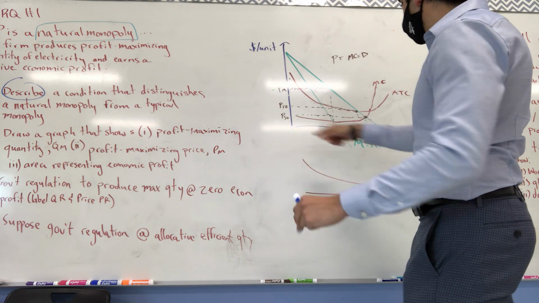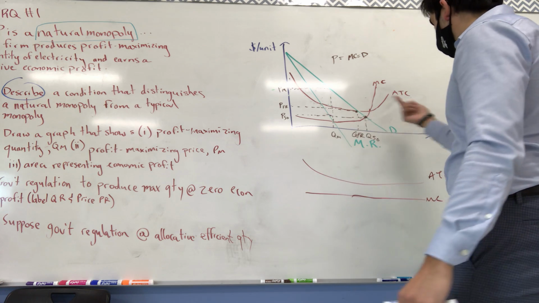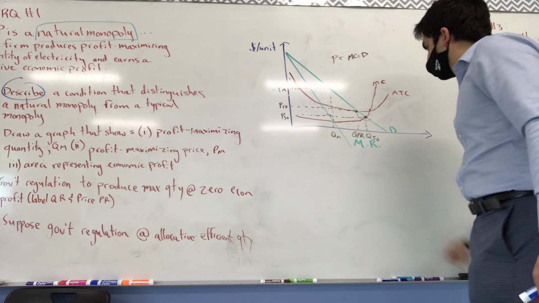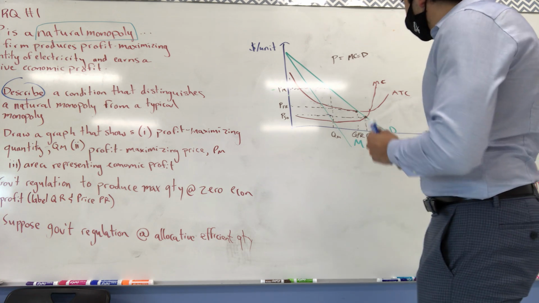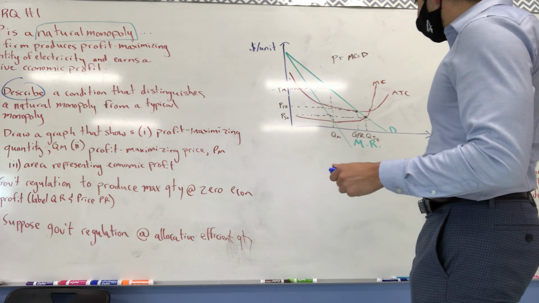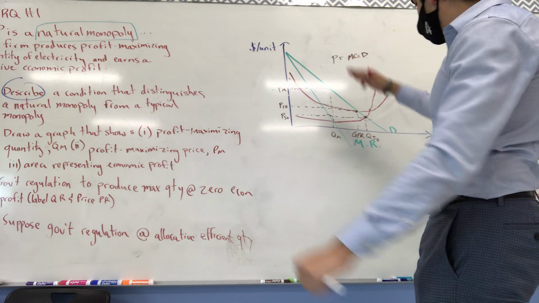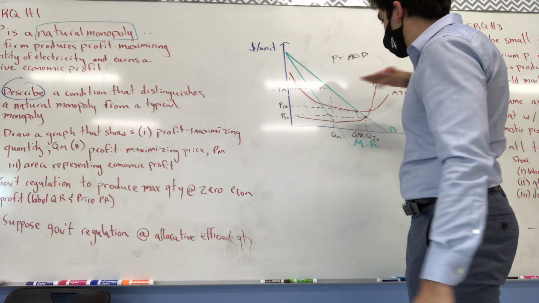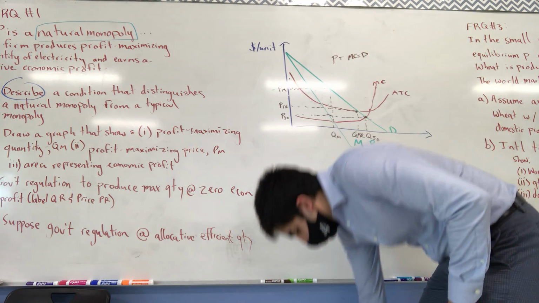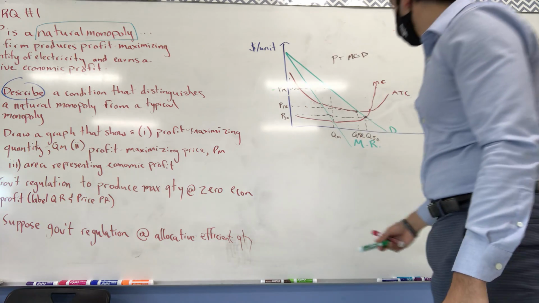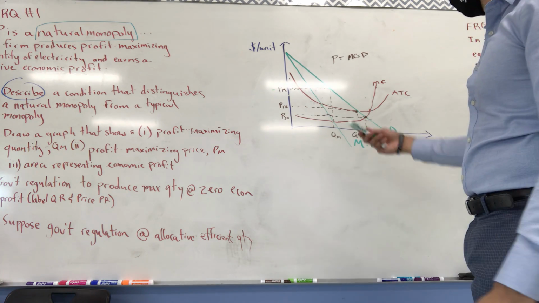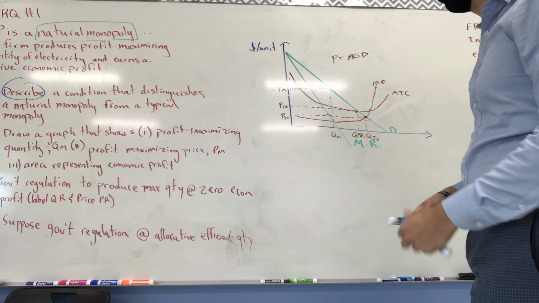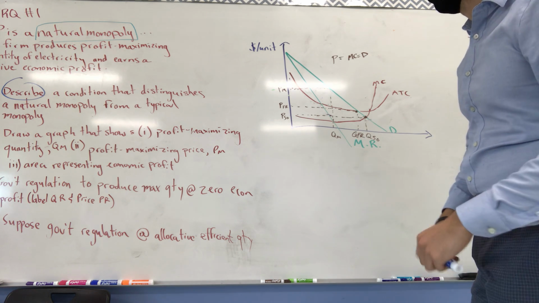But of course, for a natural monopoly, it's probably more realistic for marginal costs to eventually rise, and the ATC curve to eventually become upward sloping. And so in the monopoly model, obviously, the demand curve is not perfectly elastic, as in the perfectly competitive model, or the demand curve is not horizontal, because the monopolist owns the whole market. So it's a downward sloping demand curve, with the marginal revenue curve at twice the slope of the demand curve. Talk to me if you want to know why that is. And then